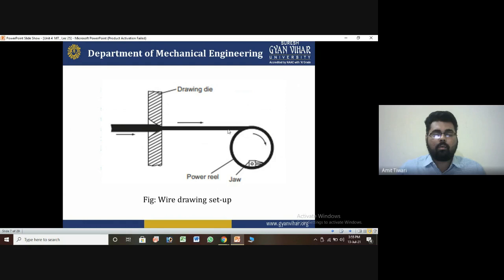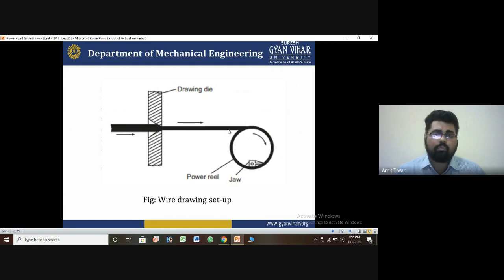And this power release works basically to collect all the material in circular form and make a bunch of it, and after that we have a wire drawing setup completely. So these are now very popular types of wire drawing setup, which have good standing in the market, and having the idea to perform it is not a very easy task to understand the phenomena.